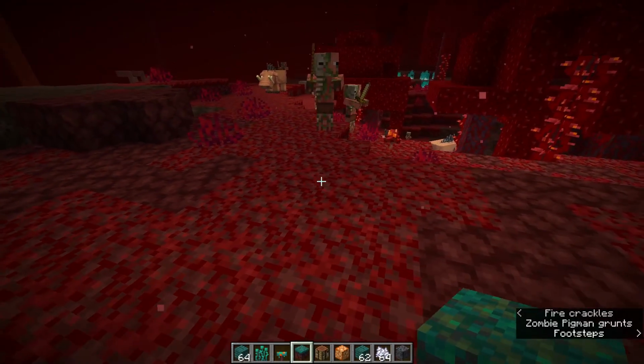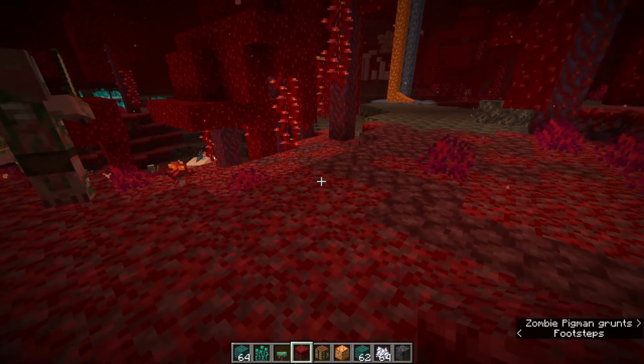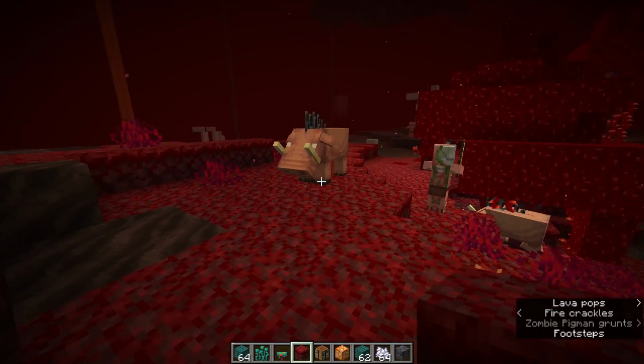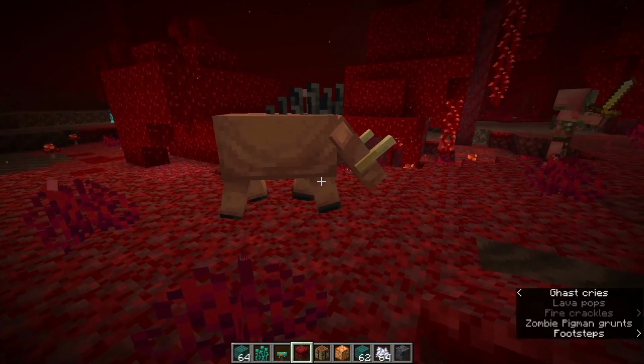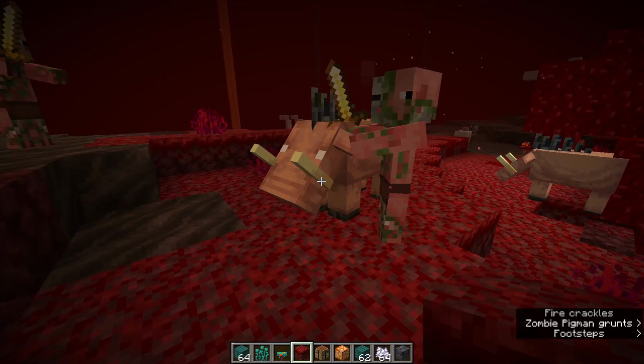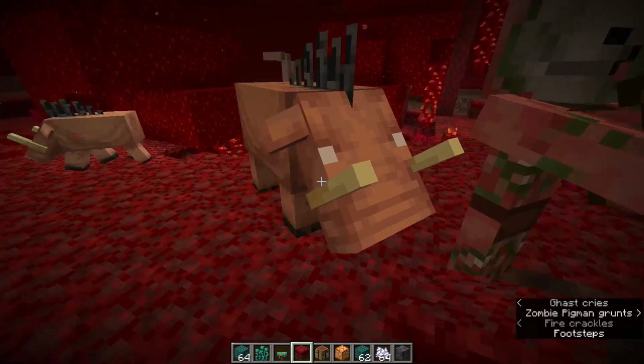The Crimson Forest over here is pretty similar. You have Crimson Nylium, which functions pretty much the same as the Warped Nylium. Over here we have Zombie Pigmen, as usual, doing their thing, and these new additions are the mighty hoglin. These are hostile mobs as far as I'm aware. They are going to be hostile towards the player, and they're going to be able to attack you with their tusks,